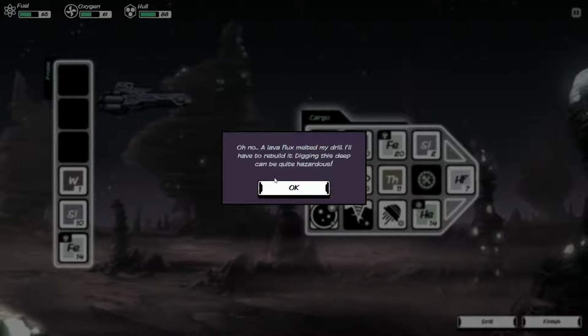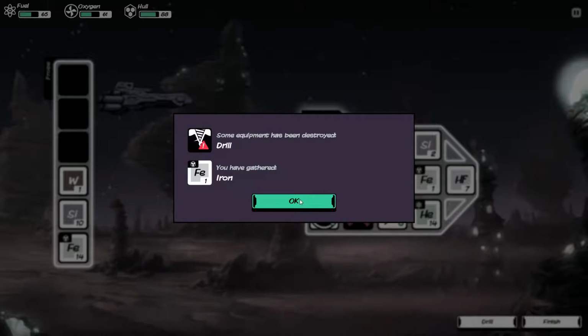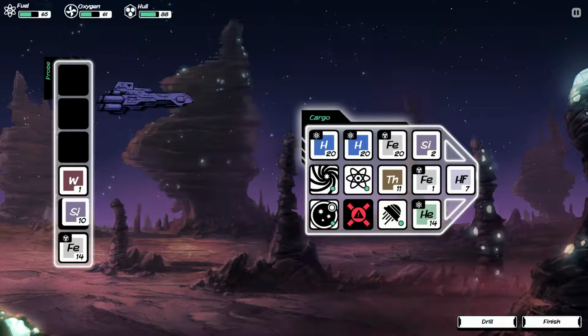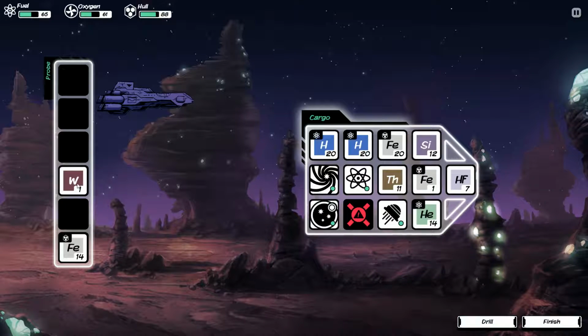Digging this deep can be quite hazardous. So that's something to watch out for. As you dig deeper, you'll basically damage your stuff. But whatever, there's some iron and such to make use of. I got a W. What will a W do for me, I wonder? There's different things that you can make use of, so...